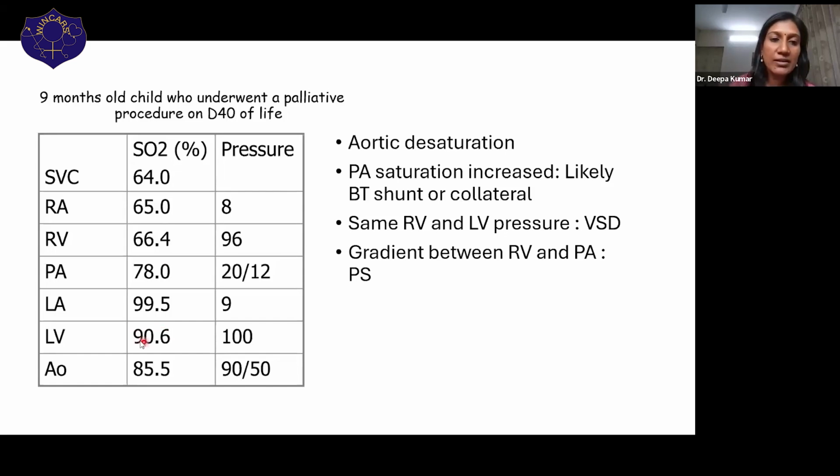So there is probably a large ventricular septal defect that is streaming bidirectionally, causing some desaturation in the left ventricle. Now you look at the pressures. Pressures, right ventricle and the left ventricle are nearly the same. And you have a huge gradient, 76, between the right ventricle and the pulmonary artery, which signifies a pulmonary stenosis. So you put it all together, you have a large VSD shunting bidirectionally with a severe pulmonary stenosis,